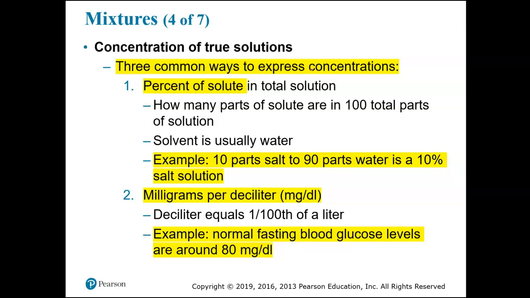And we also use, in medicine, milligrams per deciliter, and that is the units that are used when we use a blood glucose test. When we do a blood glucose test, prick someone's finger and test their blood glucose levels, when that meter gives you a number, that number is in milligrams per deciliter. So if it says that your blood sugar is 100, then it's 100 milligrams per deciliter, or 80,